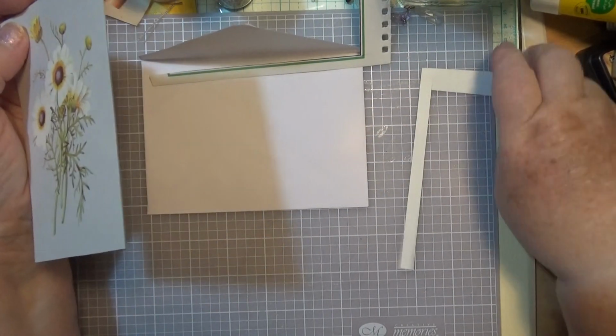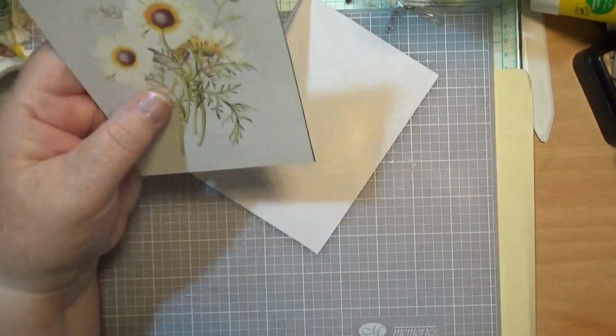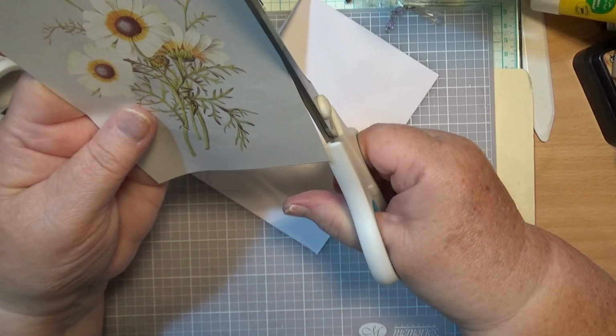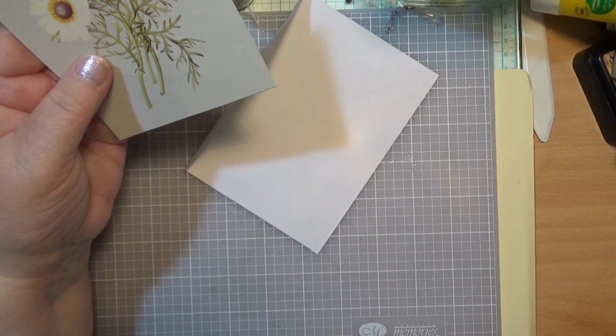So it will fit. You need to cut that black bit off there, Sonya. We do not like edges not straight, because you can see it all, can't you? That's right. Okay, so now I'm going to...